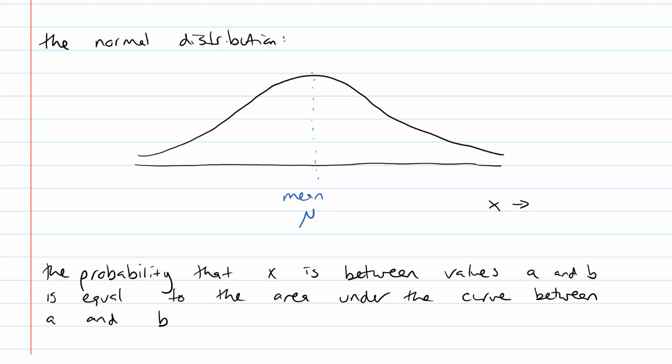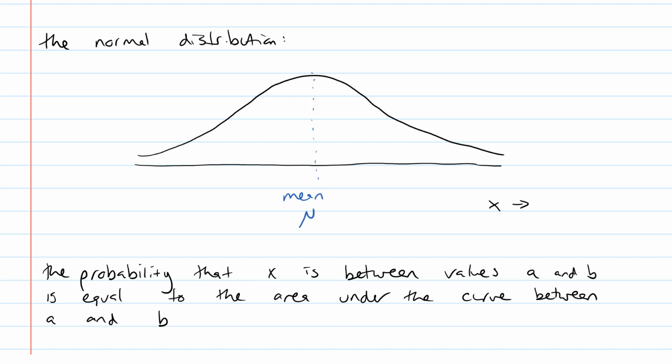Good morning, everyone, and welcome to section 5.3, which is about the standard normal distribution. So you'll recall last time we were talking about the normal distribution, which is this beautiful bell-shaped curve that you can see in my sketch. It's unimodal and symmetrical, with a mean mu that's right in the middle, and where the x-axis is our measurement